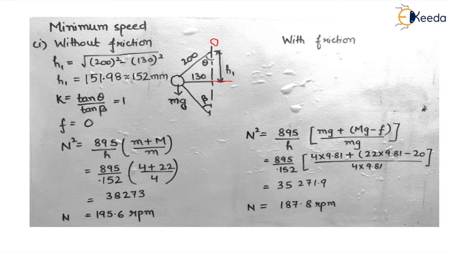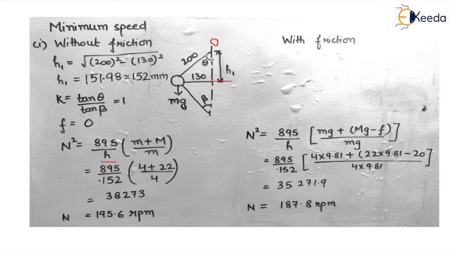Now the most important thing while solving this question is this h. You have to make sure that when you are putting the values of h, they should be in the SI system of units. If you put the value as 152 mm, you will not get the right answer. So keep in mind whenever you are solving numericals, whatever values you put in the formula should be in one single system of units. If you do not stick to that, the answer will never come right.